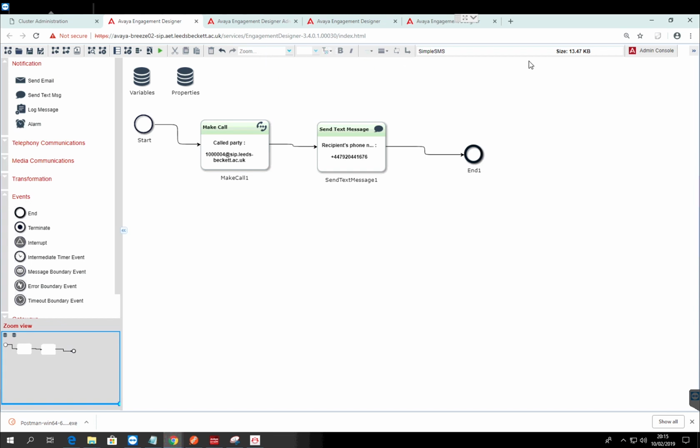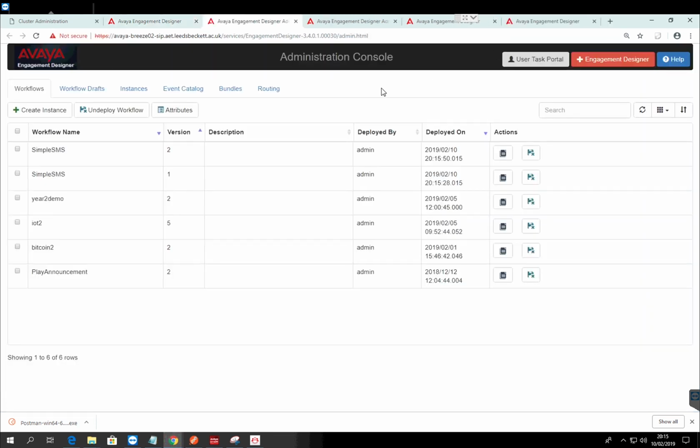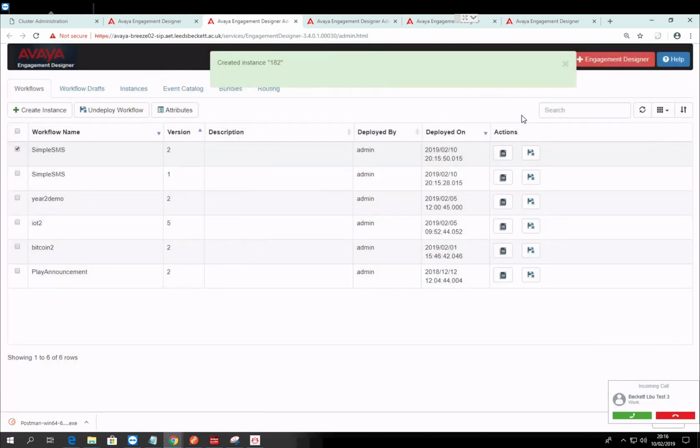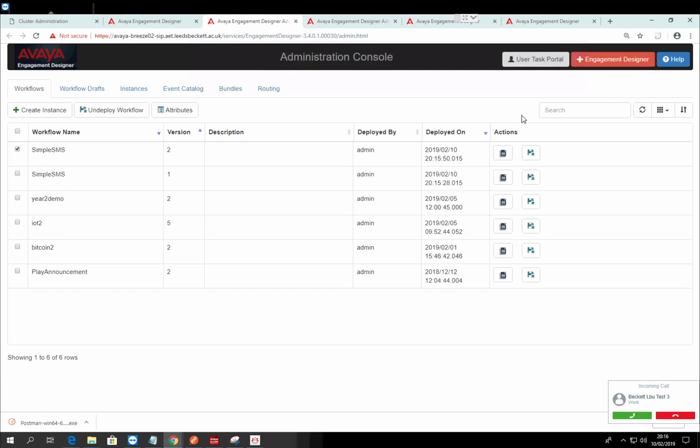Now we're going to go into the admin console and trigger our workflow manually. As you can see, simple SMS version 1 and version 2 are there. I'm going to trigger any one, just manually force this. And what should happen? As you can see, the workflow is running, the call's coming in,